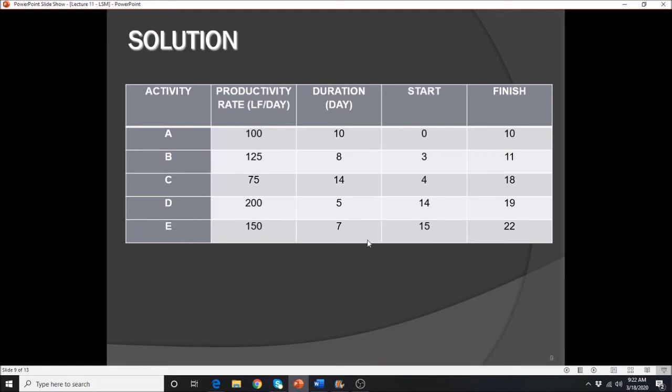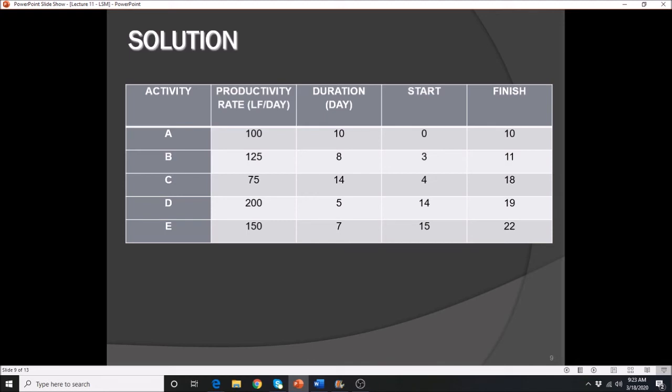Your activity E has a duration of 7, and the previous activity D has a lesser value. In that case, we do not need to calculate the buffer time. So in this case, we need to start the next day, which is the 15th. 15 plus 7, that gives you 22. Very simple, okay? Take note, your key here is you begin the first activity at 0